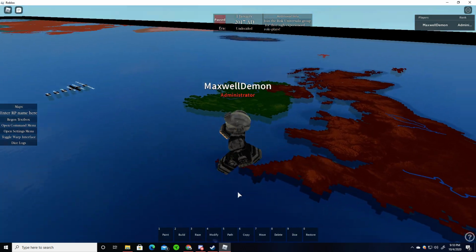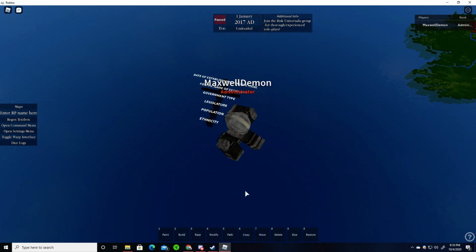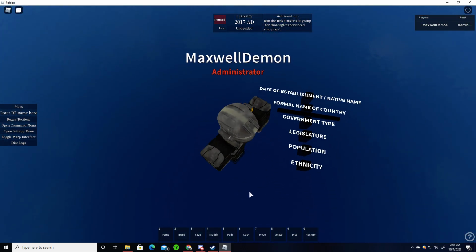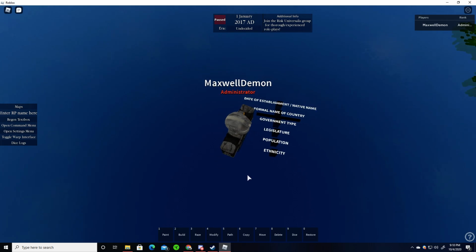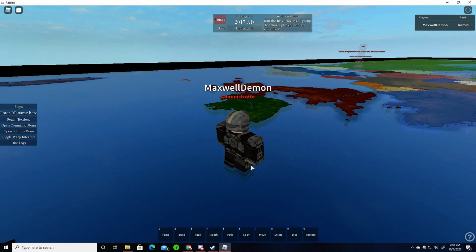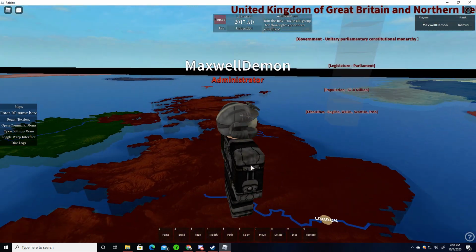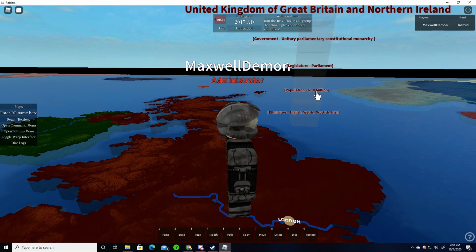So the next part, now this is kind of one of the important ones. We'll be talking about the population. So the population represents how many people are in your nation. So United States would be what, 320 million, and it varies across time. And I mean, there's not really much to say about it because it's pretty self-explanatory. But let's go over to the United Kingdom over here. As you can see, I have the population 67.8 million,